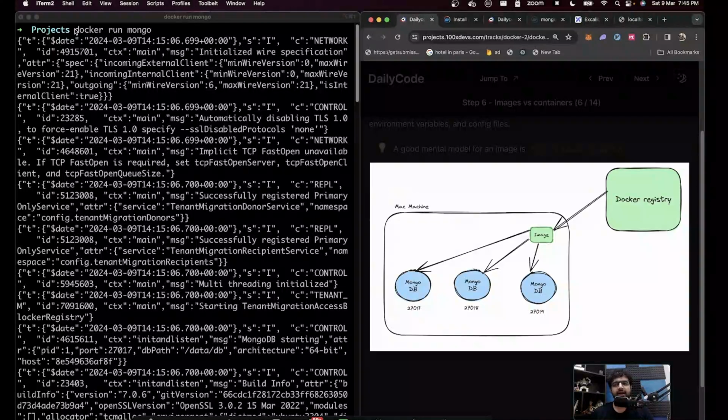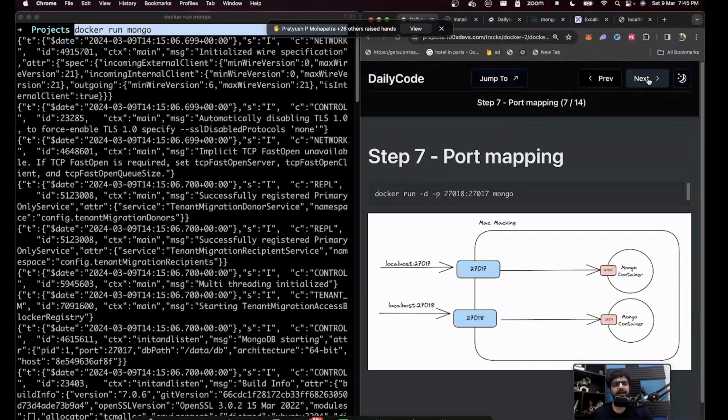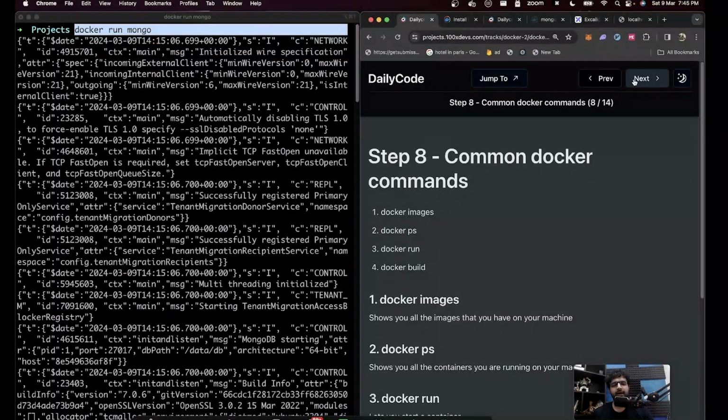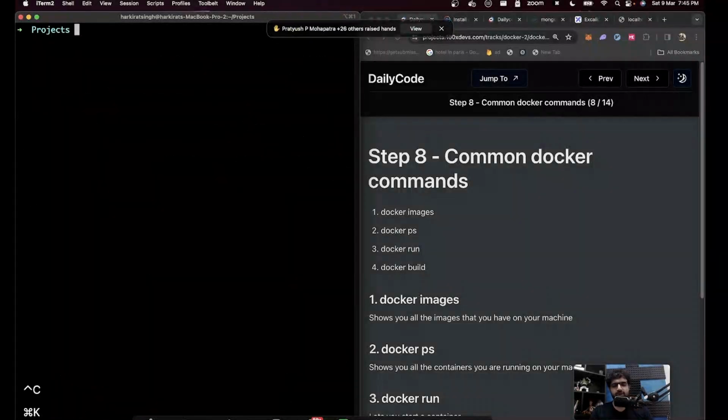So just once, run this. When you run this the first time, it'll show you some logs that say pulling the image from Docker Hub, something like that. So just quickly do that. And then we'll try to run these commands. I'll give you guys 30 more seconds and then we'll proceed.